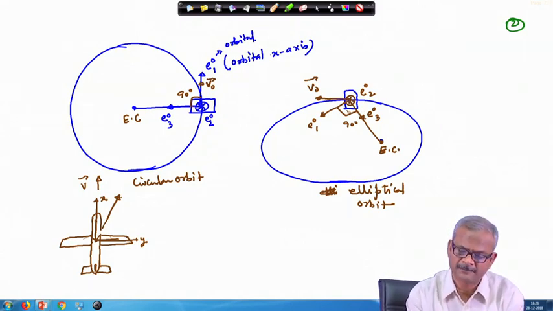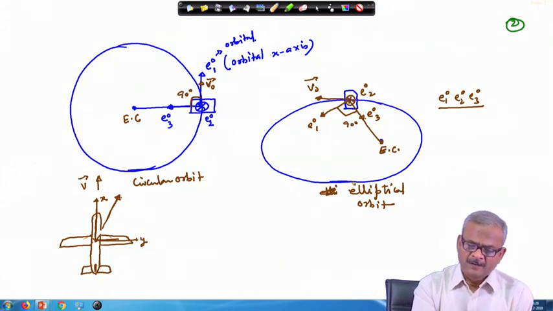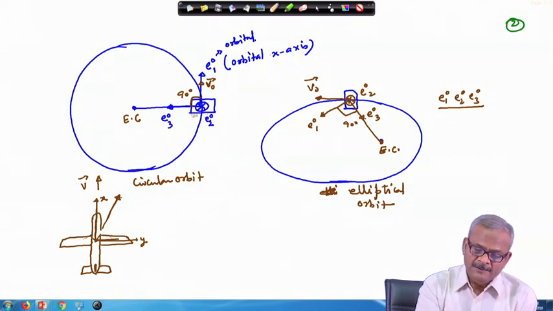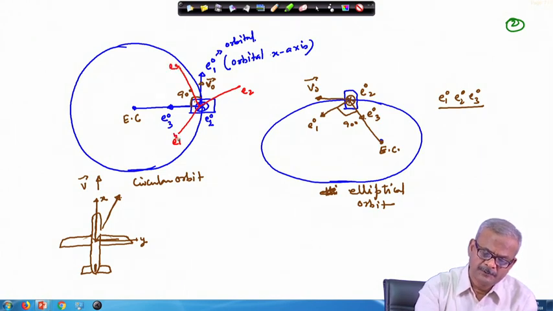We are not talking here about the body axis. This is simply the orbital axis, and with respect to this orbital axis, E1 0, E2 0, E3 0, this is the triad, and with respect to this your body is oriented. Okay. So, here I have shown the body to be like this. Let us say that your body is arbitrarily oriented, I can show it like this. This is E1, E2, E3, and if we put B here, this indicates the body axis.